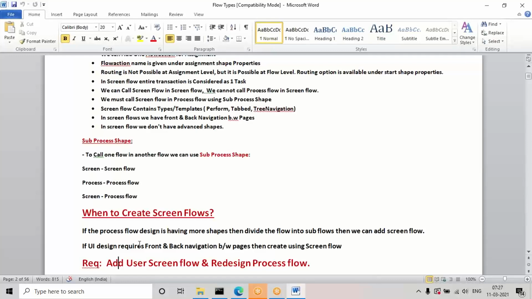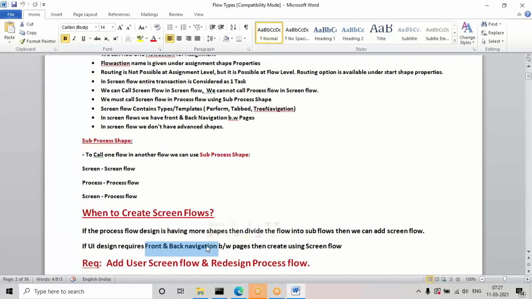And along with the same requirement, if the subflow pages require front and back navigation, then we can choose the screen flows. The main thing is if the pages require front and back navigation, because in the ScreenFlow template you'll get this front and back navigation automatically.